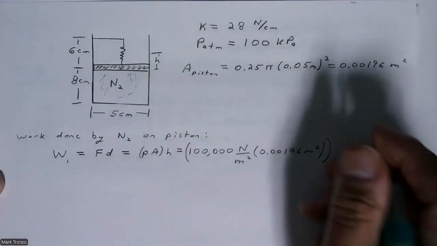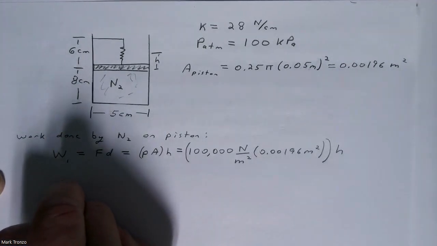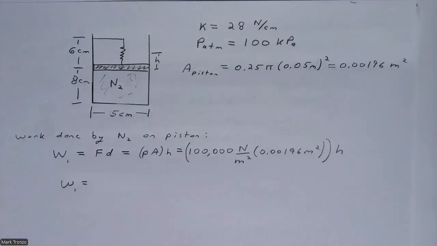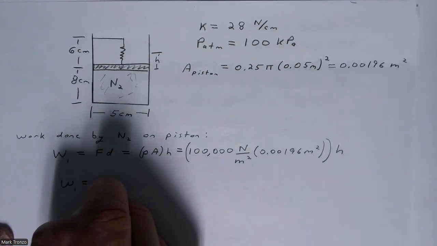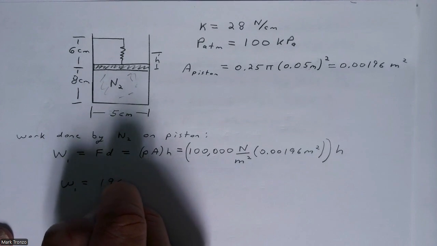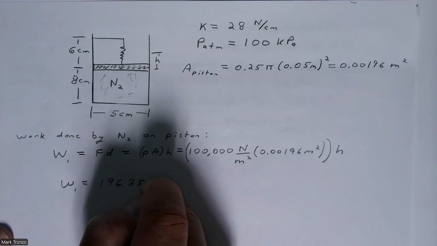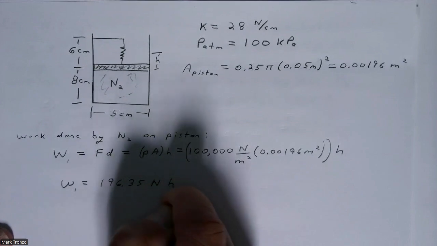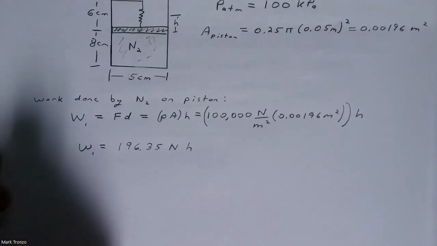And then times the height. So our W1 is going to be 196.35 newtons times the height. And now let's find the work done